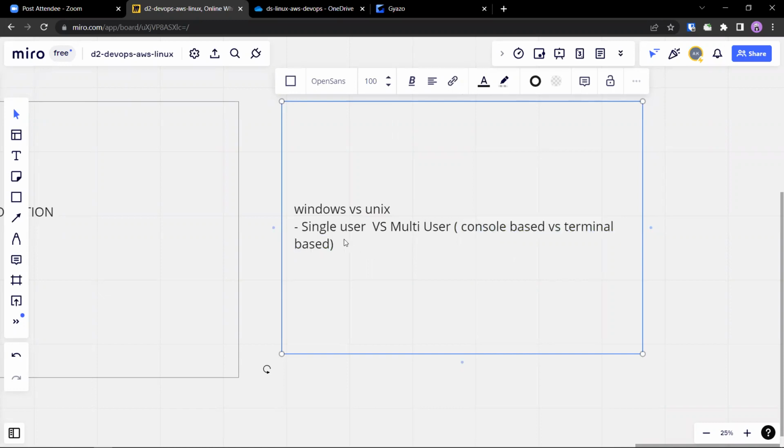So here, when you talk about Windows or Unix, when you say, okay, I worked on Unix or I worked on Linux, the first general question is, okay, what's the difference? What do you think is the difference between Windows and Unix? You start with a fancy word, console versus terminal. Good, the next 5 to 10 minutes are yours. We've been talking about it for the last 2 days, 2 hours. Out of those 2 hours, you can at least condense 5 minutes, right? That's all you have to do. That's the trick in your interviews.